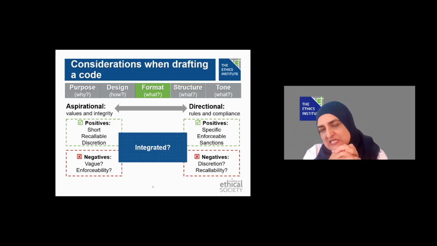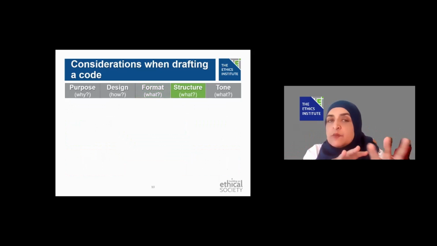So for you as a drafter, it's really important to ask yourself, what is the format of my document? Who is the audience for my document? Is there going to be coherence in what I'm going to write in my document? What am I going to do when I set this document out? And again, write that down. We call this almost the architecture of your code of ethics. Ask yourself, where am I putting myself on the spectrum, and why? And again, the link between the purpose and the format is so critical.